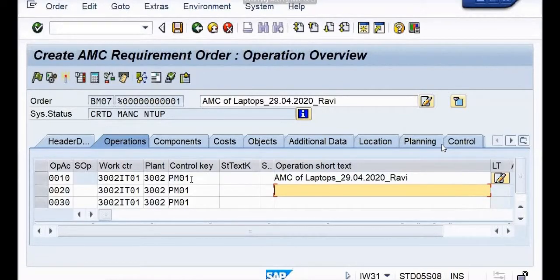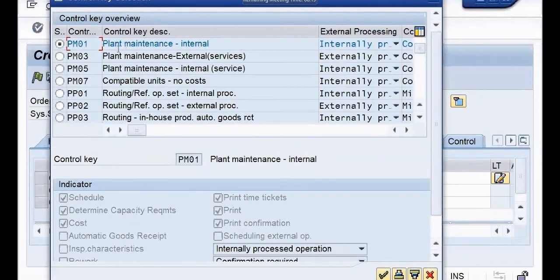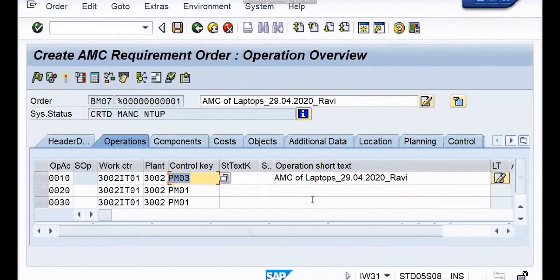Let me expand this control key from PM01 to PM03, where PM01 says maintenance services, that is internal, and PM03 says plant maintenance external services, right? Whether it is AMC or vendor extra for external services purpose, in either case we are going to take the control key as PM03. Let me enter this, right?